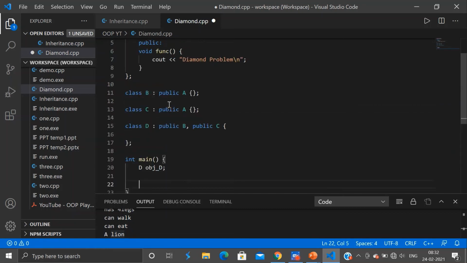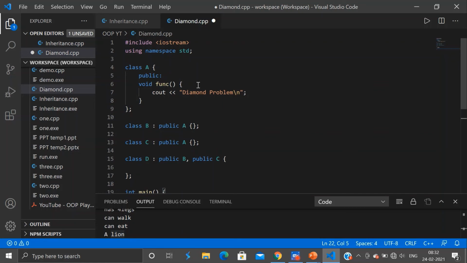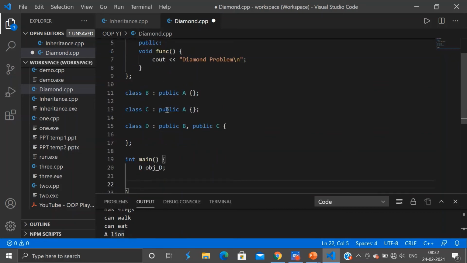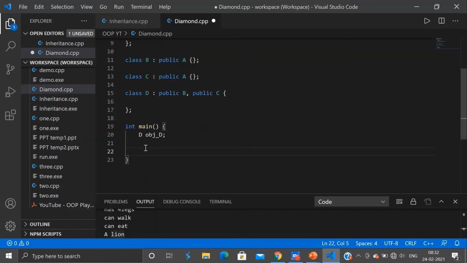And then we have a method called func which is inherited by B and C, and the methods and functions of B and C are further inherited by D. So class D will also inherit the same function. Let us try to call this function using the object of D. So I'll say objd.func. Now let us try to run this program and see what we get.